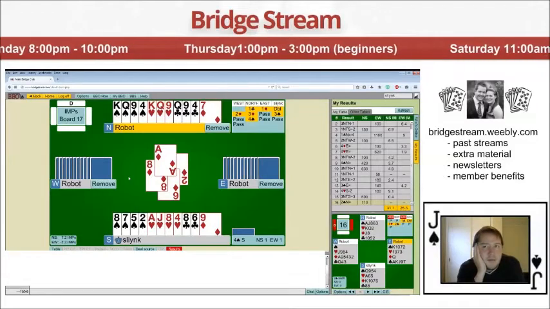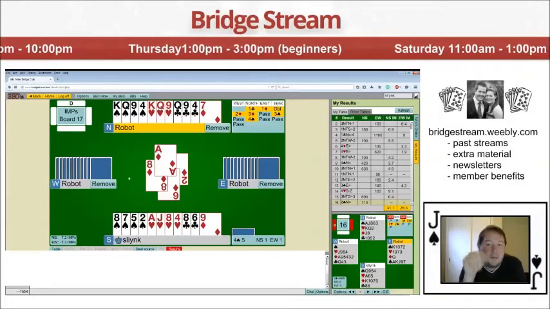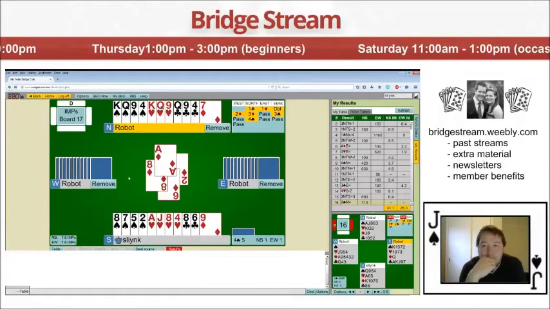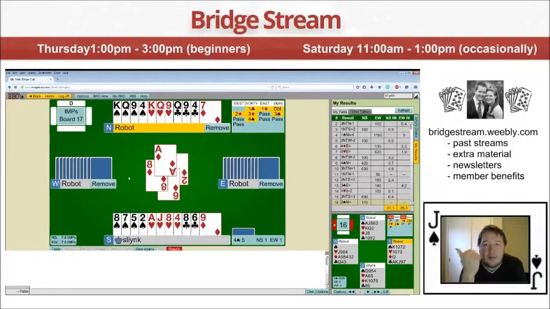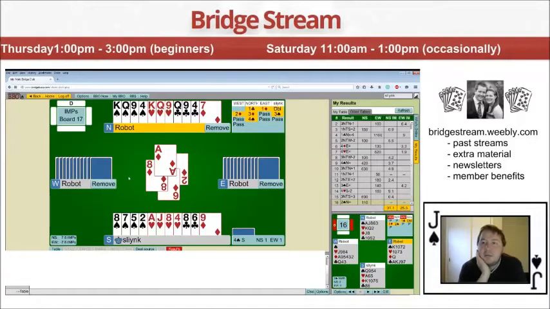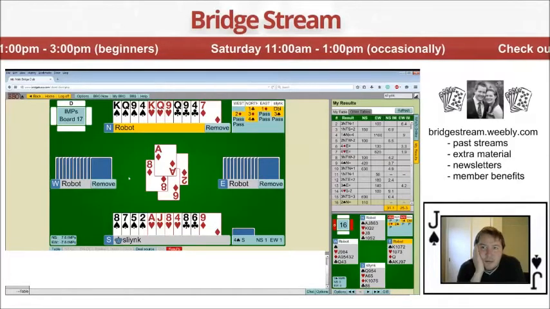So if I count points, Dummy had 5, 10, 15, 19 opposite my 5. So we have a total of 24. And if I count my losers, I have a diamond loser, I've got at least 1 club loser. I've got a couple of spade losers. Now, from East's lead, it looks like